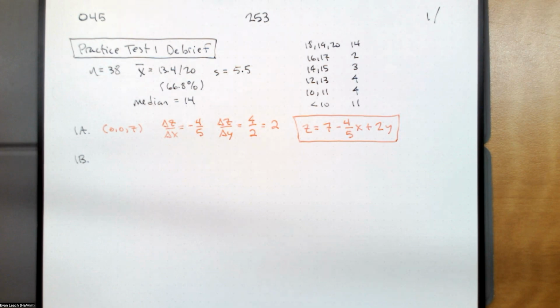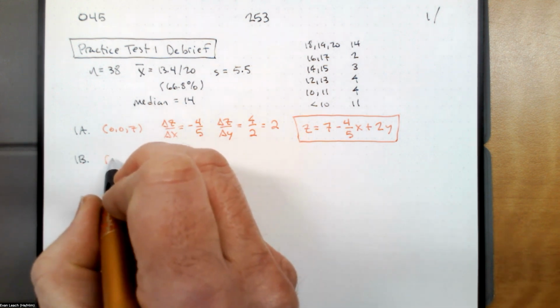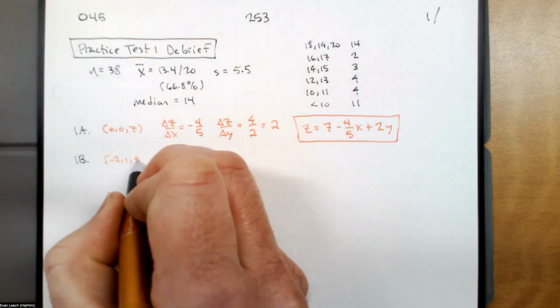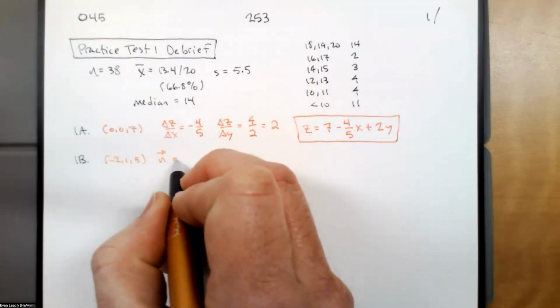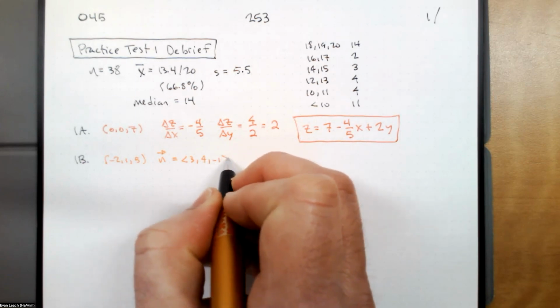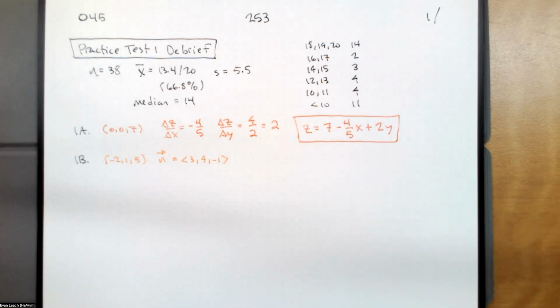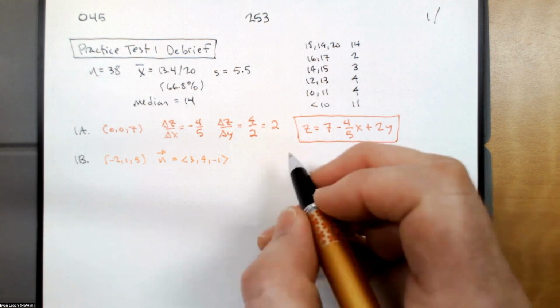My intention for the second problem, since I gave you a point and a normal vector, was to remember that the coefficients in standard form give you the components of the normal vector. If you have the components of the normal vector, you can just put them into the standard form. So you have a point, -2, 1, 5, and a normal vector of 3, 4, -1. The coefficients in the standard form are the components of the normal vector. So in the x direction, I've got a 3,